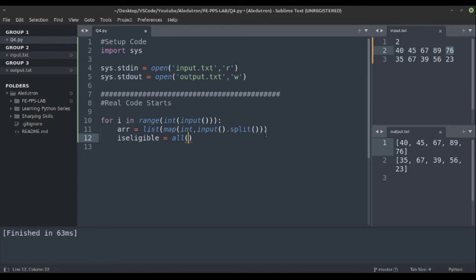So in all, we have to give an iterable, so we will take a list comprehension. So x should be greater than or equal to 40. So this would be our condition, for x in array. So basically what we are doing with for x in array means for each element in the array we are taking that element as x and then checking the condition whether x is greater than or equal to 40 or not, because